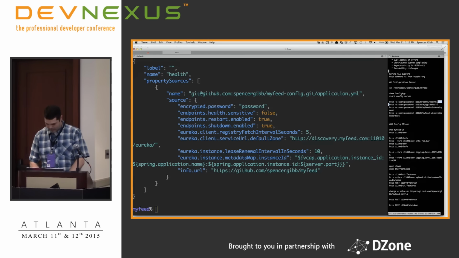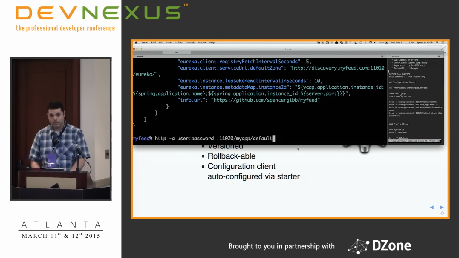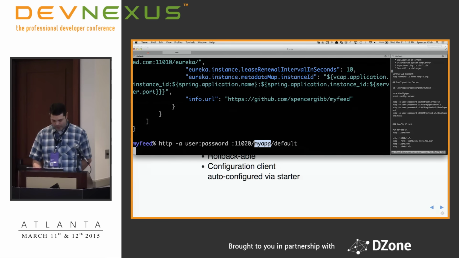Let's bring this up a bit so it's bigger. Is that better? So with this call, we're going to get the configuration for the application named My App and the label default, right? Let's see what we get back.